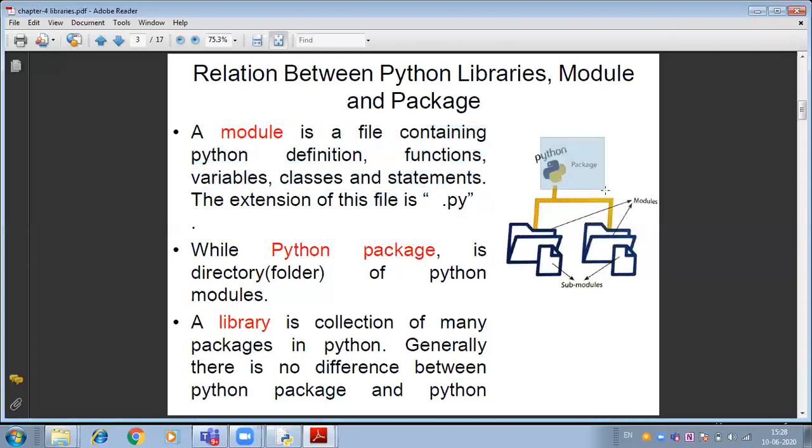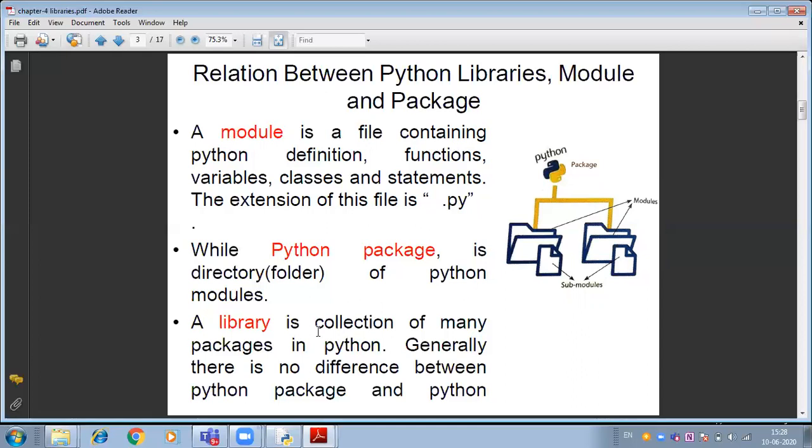You can simply look at this definition. You'll find that over the top, there is Python, then there is a package, and in the package, there are various modules or submodules. You can see easily. So a Python package is also referred to as a directory or a folder where we can keep multiple modules.